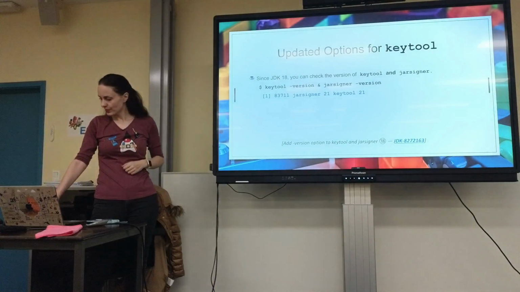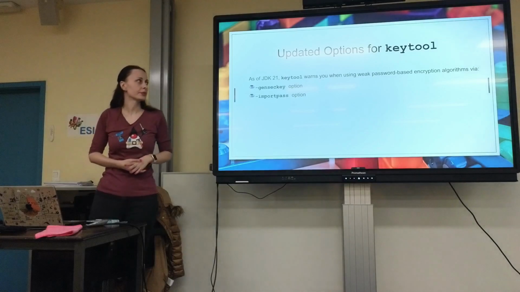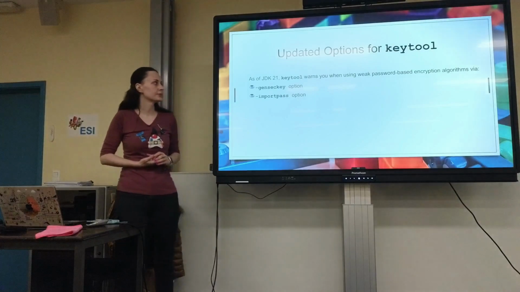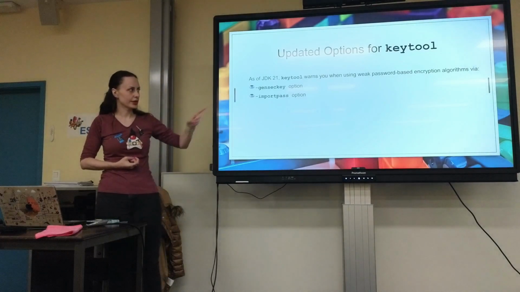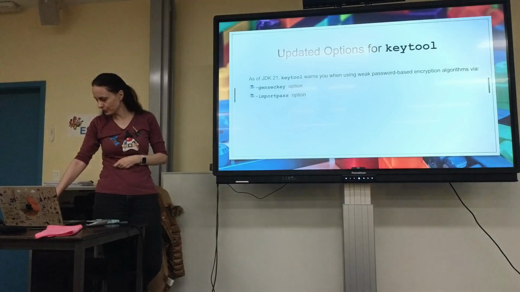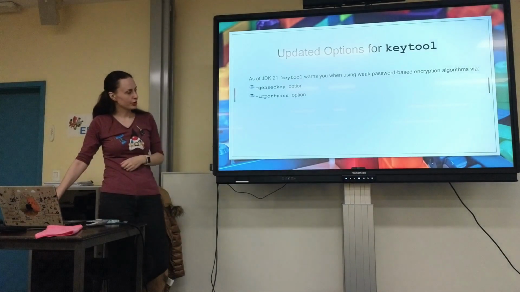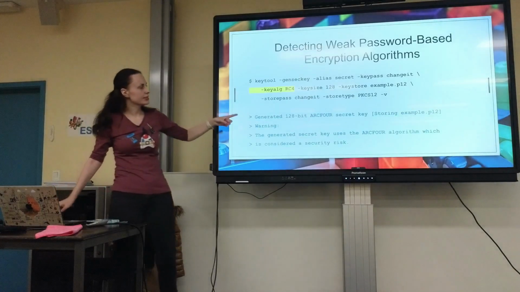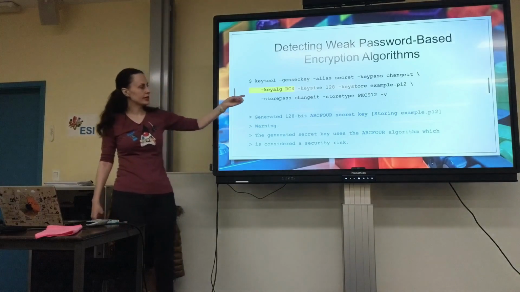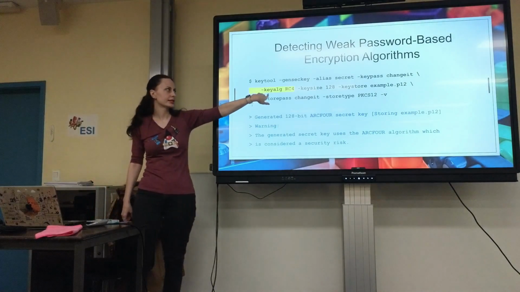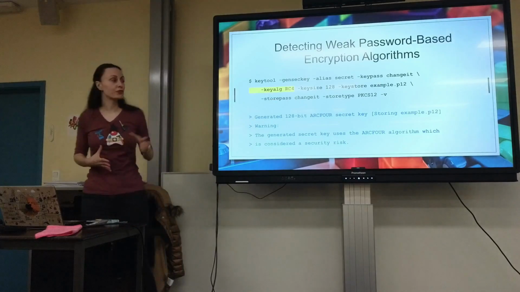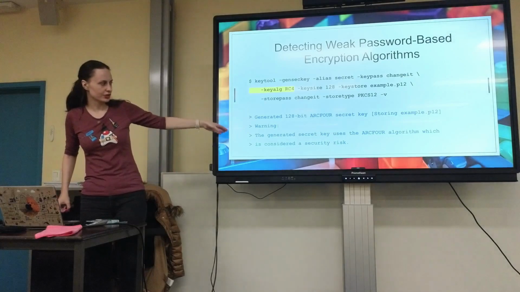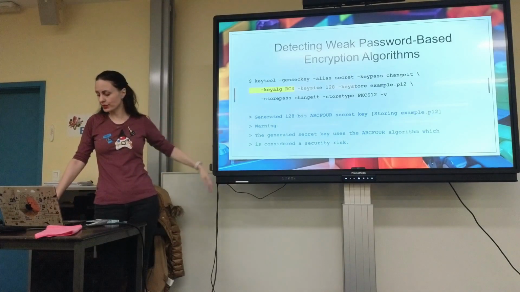Apart from this, there are some updated options for keytool. So for example, you can get a warning when you use weak password-based encryption algorithms using the -genseckey option and when using -importpass options. So they're now updated to warn you on weak PBE algorithms. This is an example, and the way that they do this is by looking at the key algorithm. In this case, they realize that ARC4 is not a safe one. So the generated message is like, hey, you get a warning because you're trying to use a secret key with